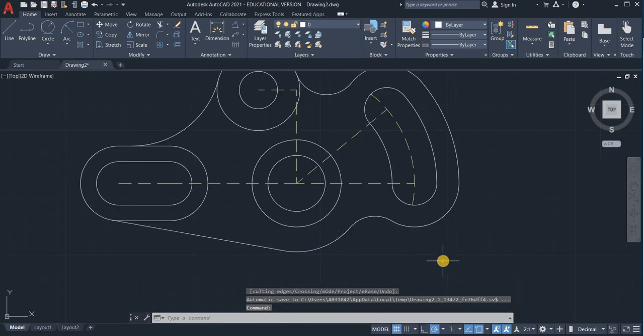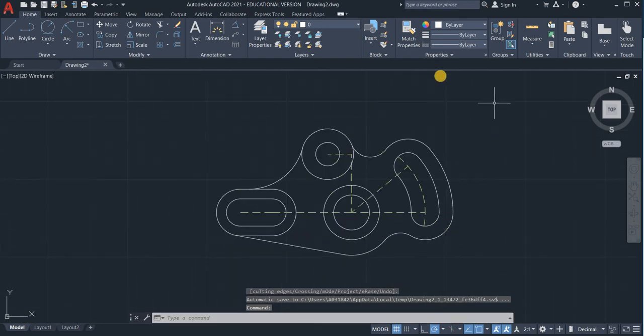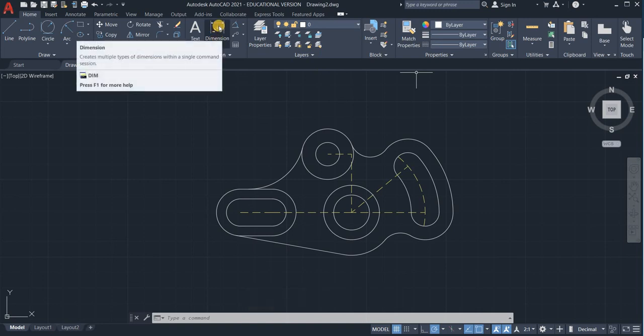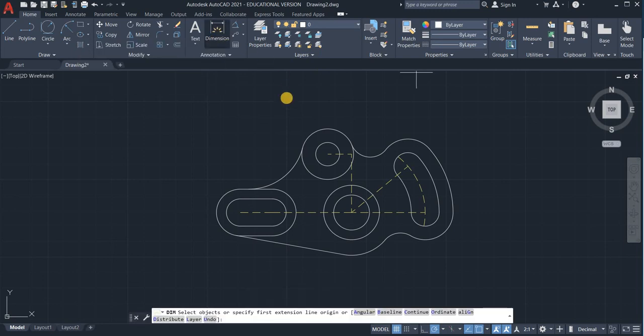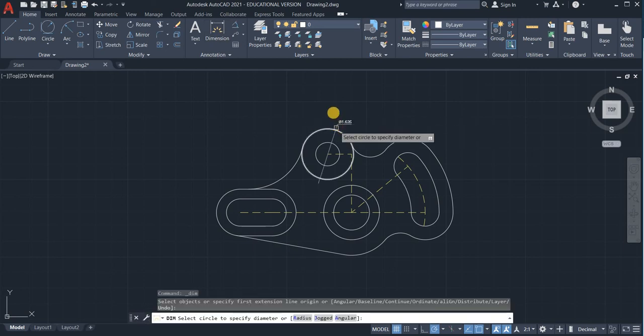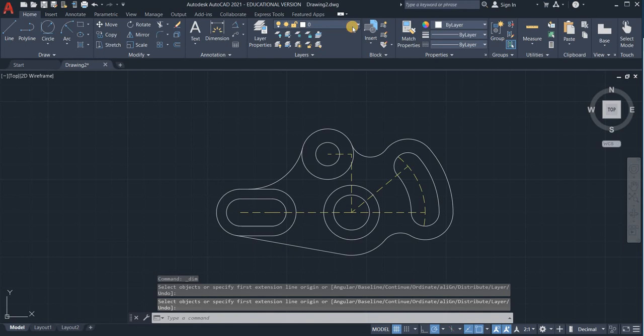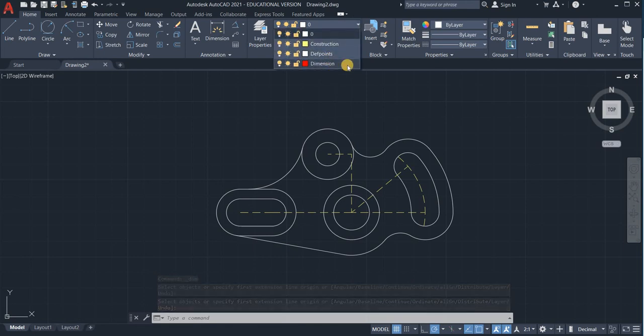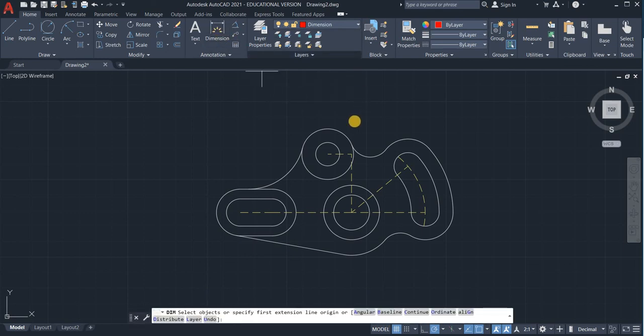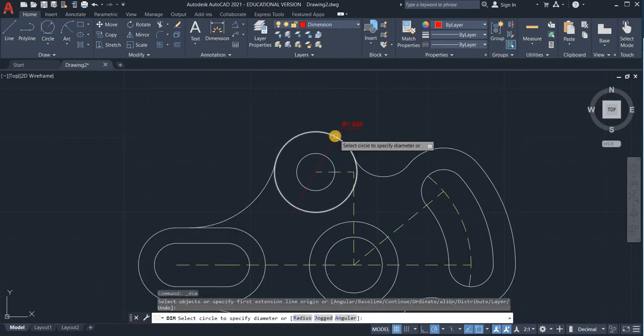The way to double check everything is start putting on your dimensions so that you know you've got it right. All right, so remember the dimensions have already been set up. And again, if I start doing this and I don't switch layers, that's how I wound up with that defpoints layer to begin with. So I'm going to go to my dimension layer. All right, then go to dimensions. Okay, so now I can start putting dimensions on